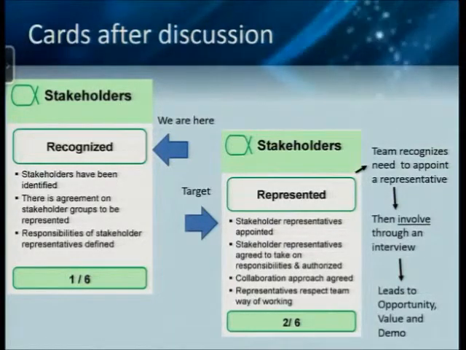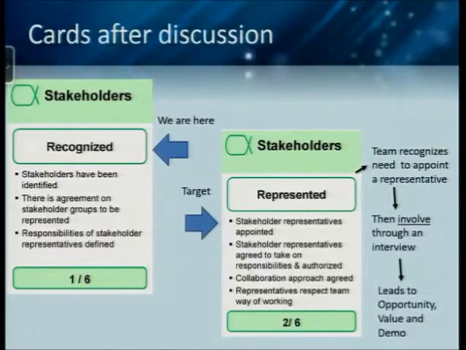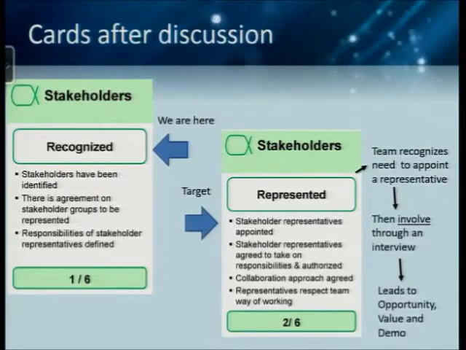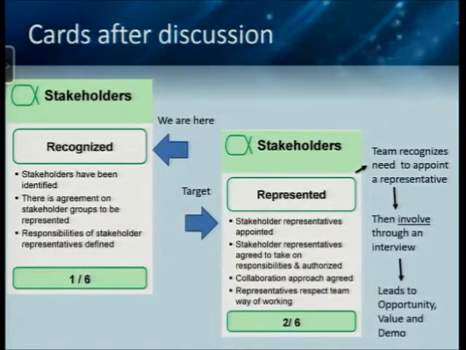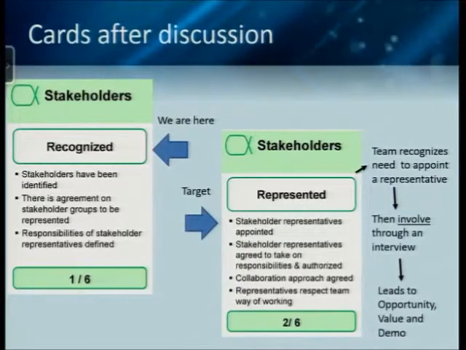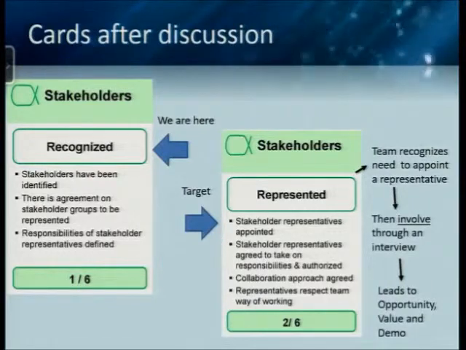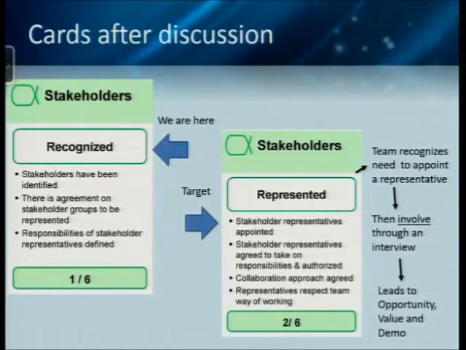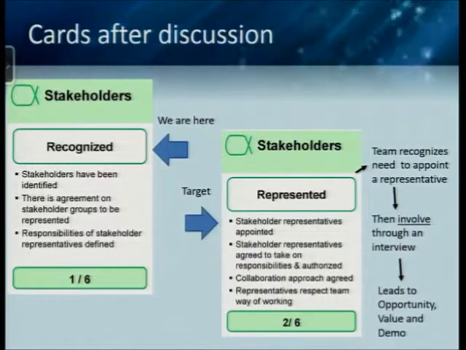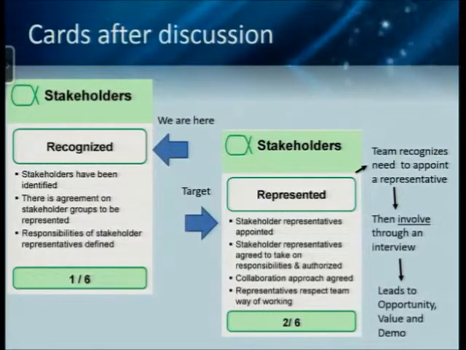When they interview him, they find out that the reason this stakeholder is resistant, they actually get the guy involved who is resistant, he just doesn't see the value in the new system. There's a legacy system he's been using, and he loves it. It works for him. He didn't want to go to the new system. So then what this leads to is the opportunity, I got to establish the value, and then it leads to the software system demonstrable state, because we have to demonstrate to this stakeholder the value.